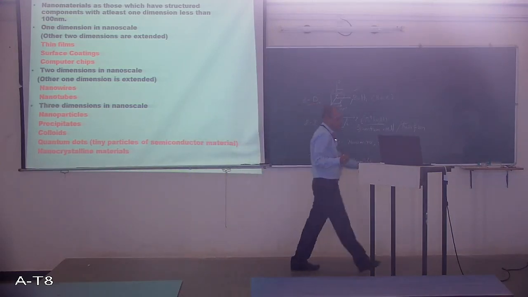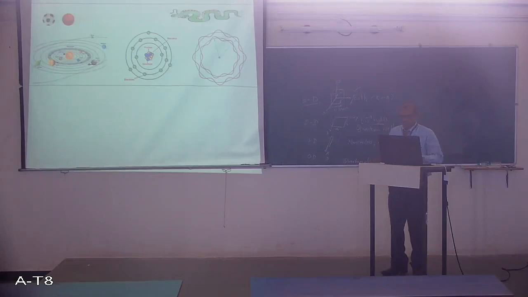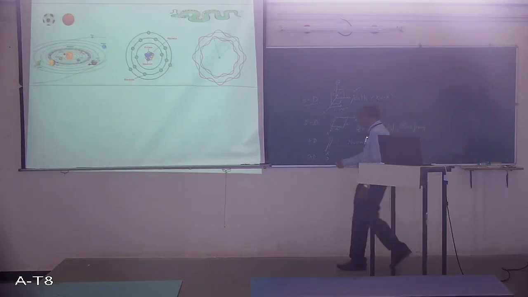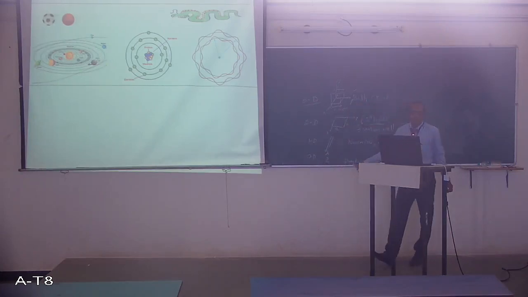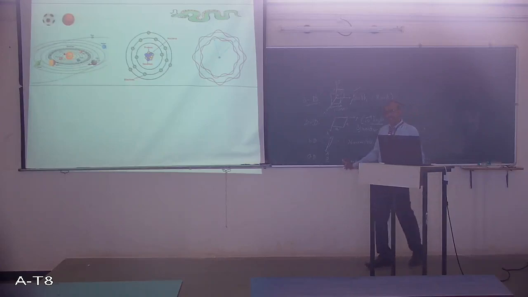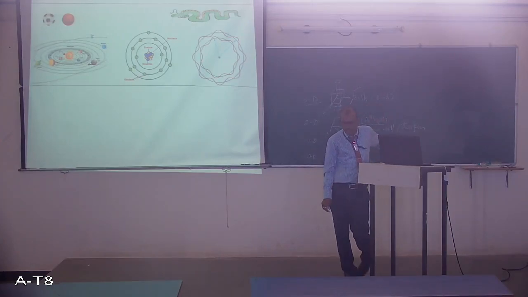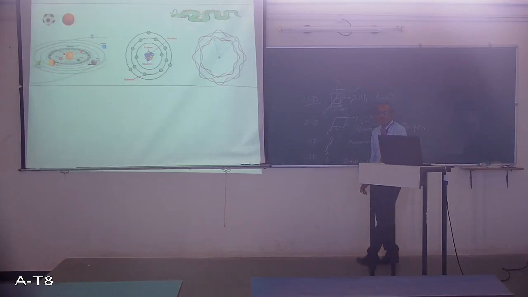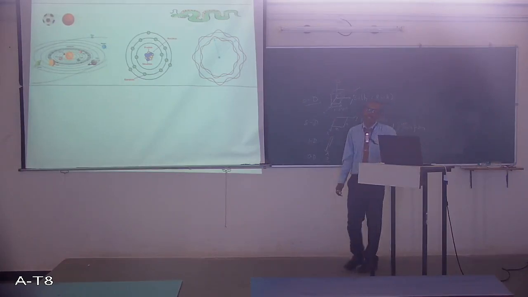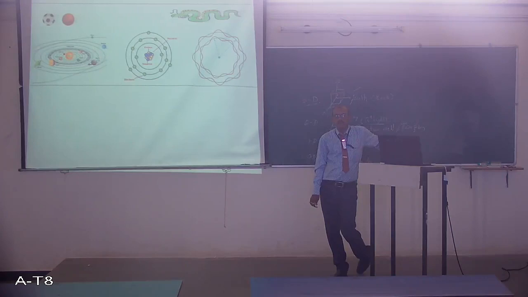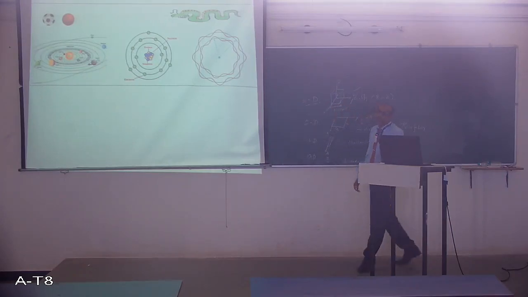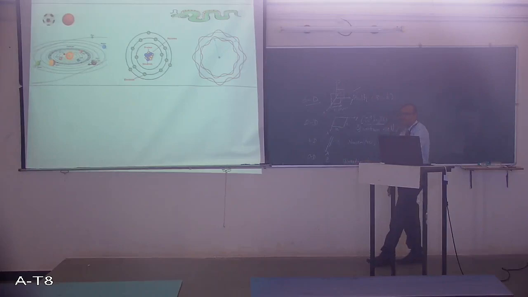Now I am going to show you how. Once you know the nanoparticle, that is a quantum dot, the dimension of this quantum dot is very, very small, of the order of 1 to 100 nanometer. If the size of that particle is less than 100 nanometer, why is it called a quantum dot? Because, as you have already studied,